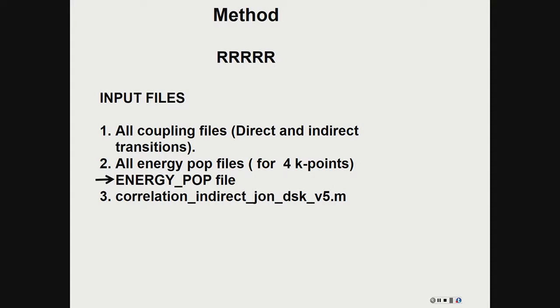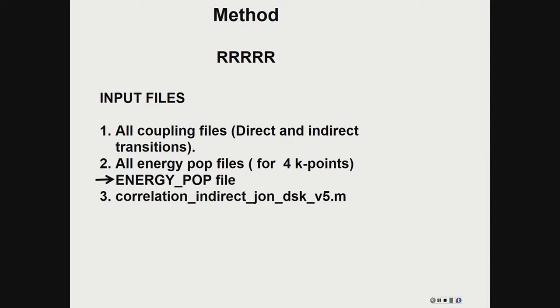So, in order to calculate relaxation rate, we need to calculate rate field tensors. As I said, I'm skipping those theories, equations. So, in order to calculate rate field tensors, we need 3 files. Number 1, coupling files, and coupling, since we are considering